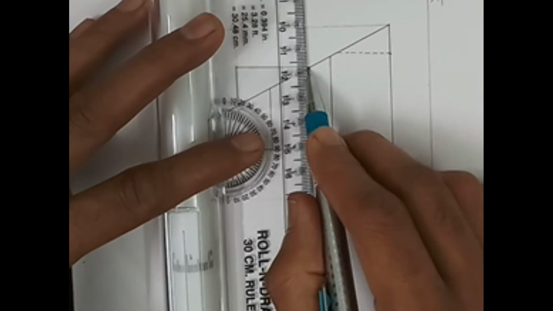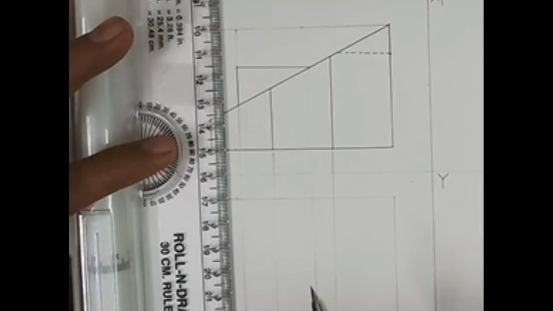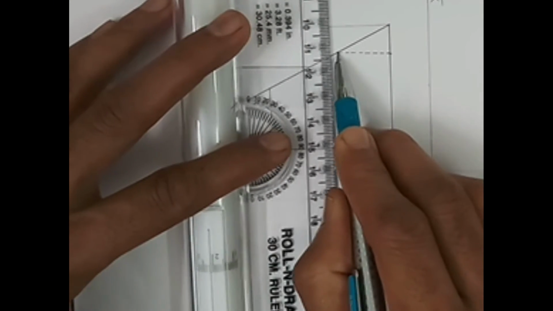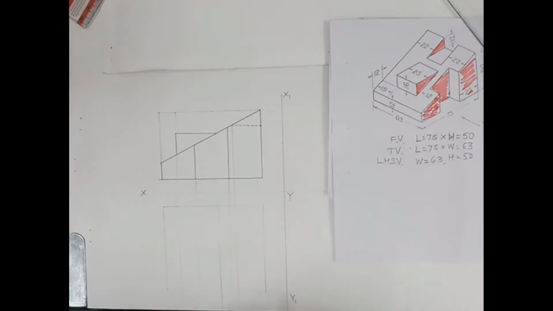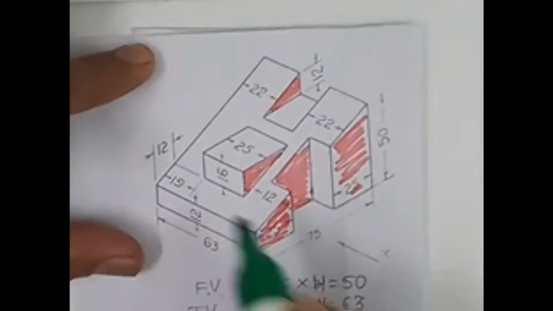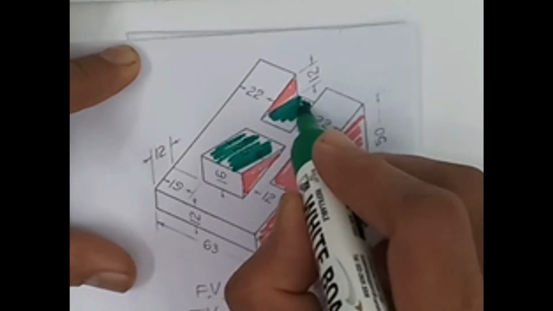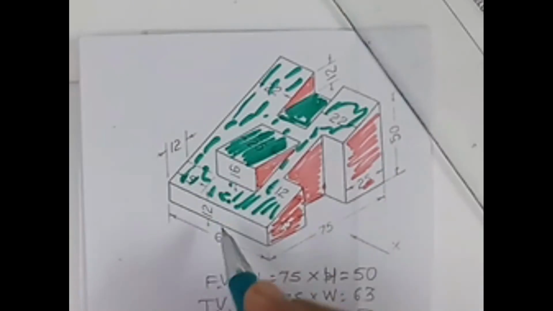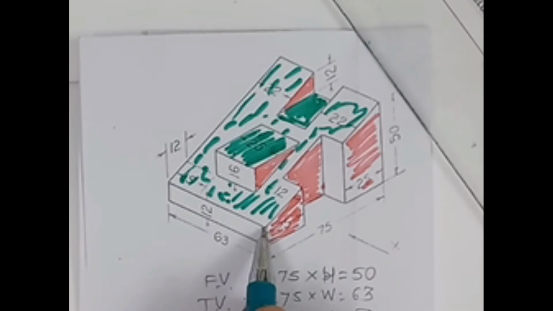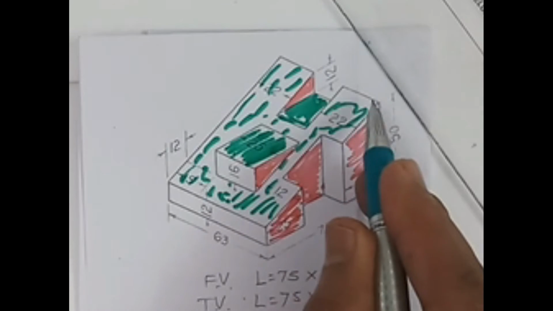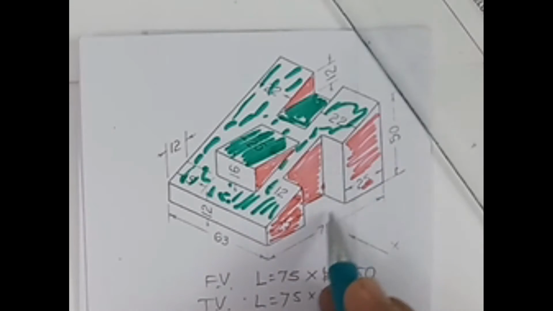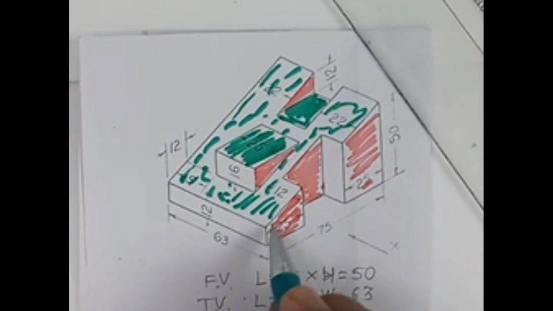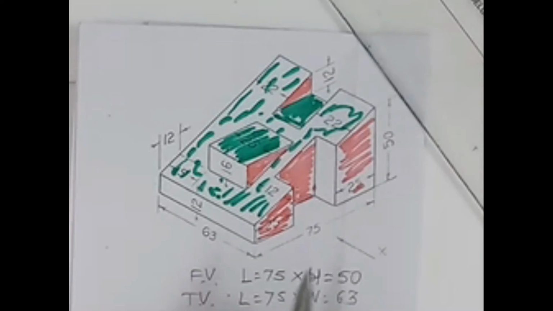Similarly, draw a projector from this point, because we need to project this point in top view, and also a projector from this particular point because it also needs to be projected. Now let us see which part will be visible in top view. So if you start drawing the top view, you can see this edge is visible, then this whole outline you can see. Only thing here, there is no edge here, so we have to first complete this much part of this object.